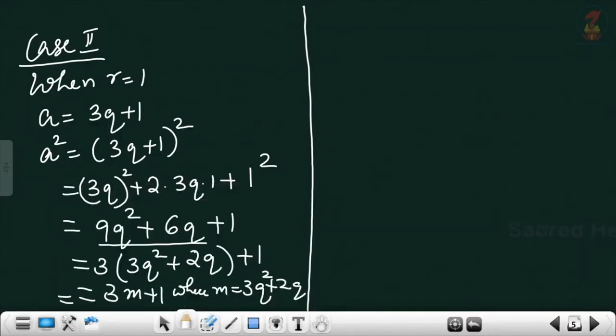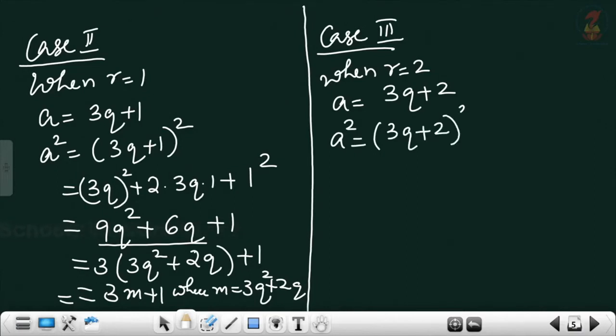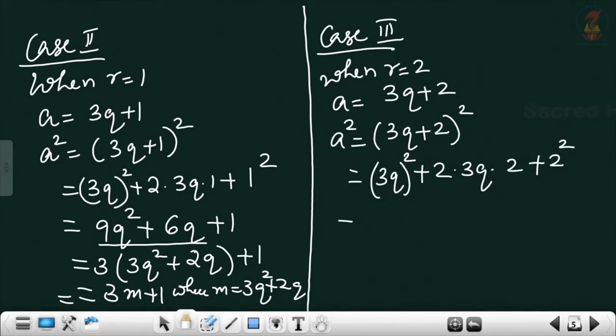Next is case 3, when r is equal to 2. So, a is equal to 3q plus 2. So, a square is equal to 3q plus 2 whole square. This is of the form a plus b whole square, which is a square plus 2ab plus b square. With a as 3q and b as 2,